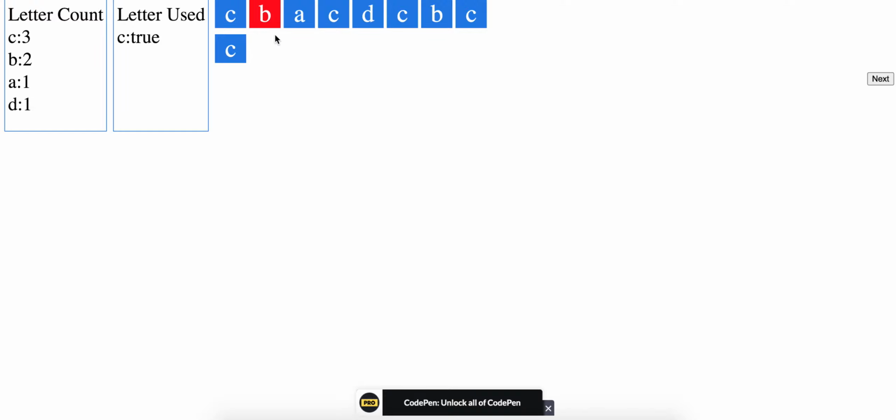So we just push that letter into the stack, and then we move on to the next one. Now we get the next letter, B. We want to compare: is the top of the stack less than B or not? If it's not less than B, do we still have that letter later on? So we check the letter count. C still has 3 of them after B. So we know that this C will not be at the right place because it shouldn't come before this B, right? So we're gonna pop it out,